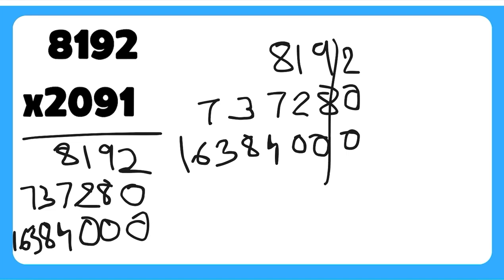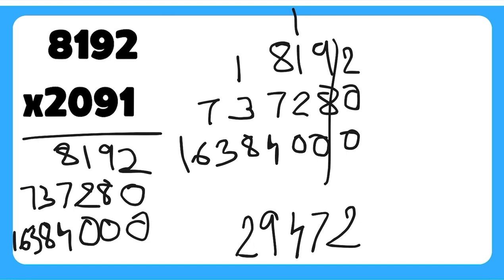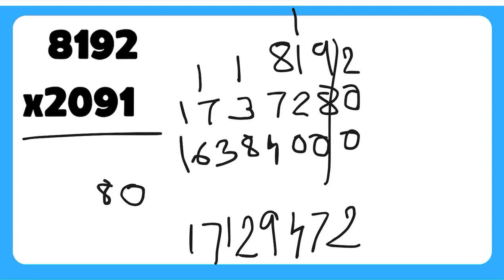So 2 plus 0 plus 0, that's 2. 9 plus 8 is 17 with 1 carry. 1 plus 1 plus 2, it is 4 with no carry. Now 8 plus 7, 15 plus 4, 19, 1 carry. 1 plus 3, 4 plus 8, 12, 1 carry. 1 plus 7, 8 plus 3, 11, 1 with 1 carry. 1 plus 6, 7, and then 1. That gives us our final answer of